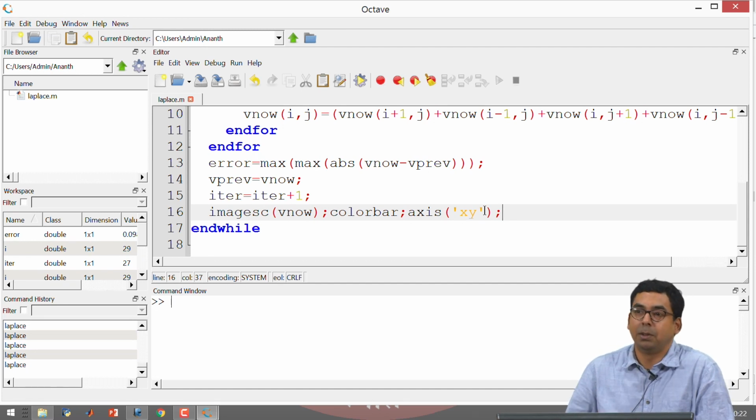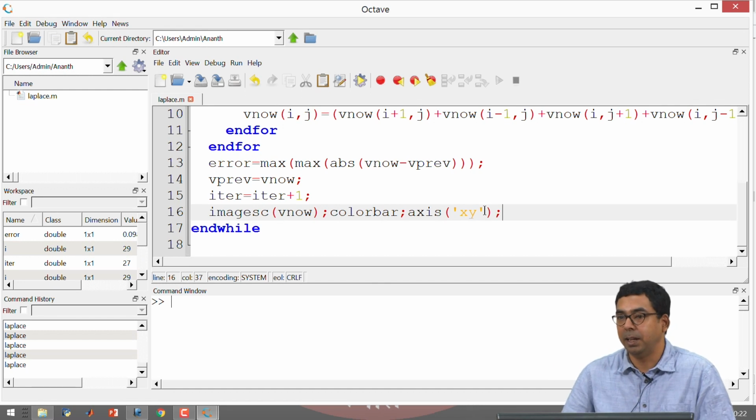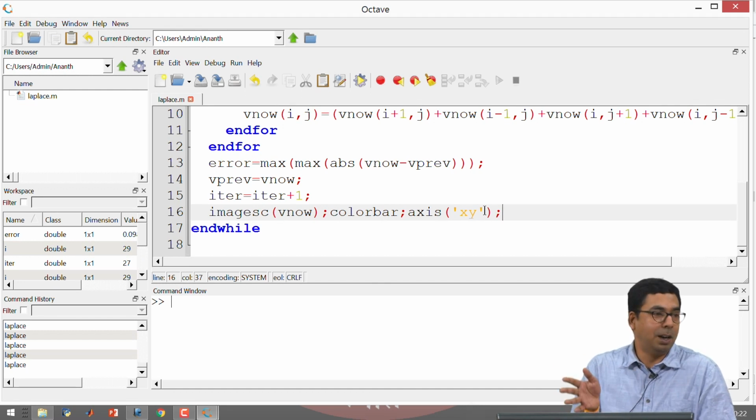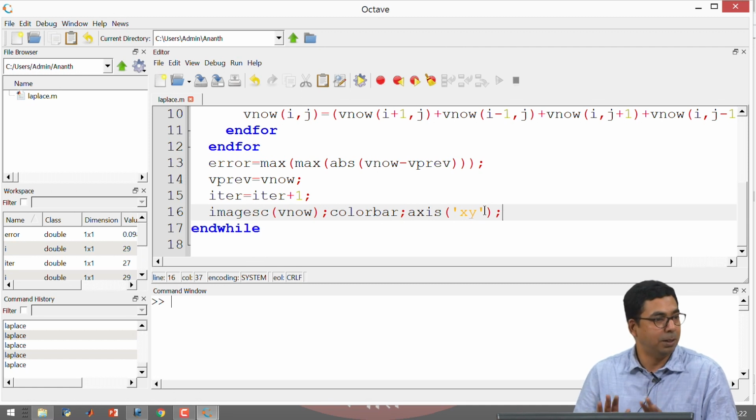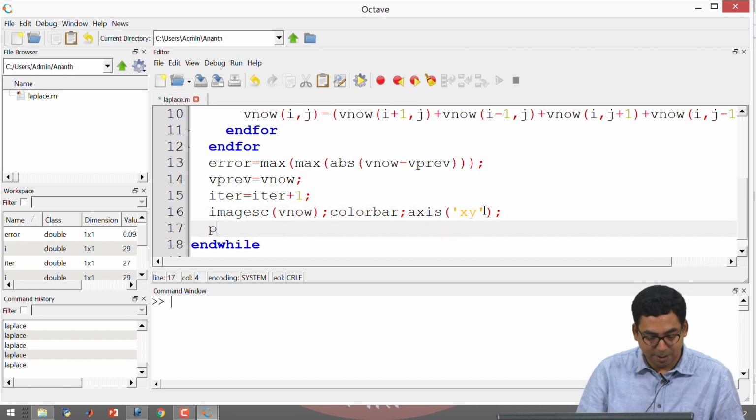So, the CPU throws out the command to draw the picture on the screen, but before it attempts to draw, it has gone to the next iteration and completed all. The display buffer tries to keep up with what is happening with the CPU. So, we want to slow this down. We will say that after every iteration, pause for a small amount of time so that I can have a look at what is going on.